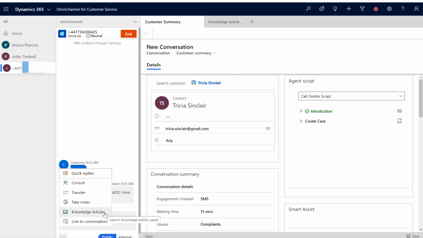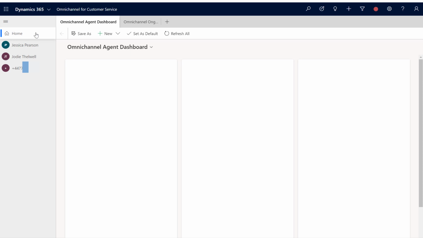So really, in a nutshell, that is a quick overview of the three different channels that are available right now as standard. There is another channel, which is the entity channel. What this basically means is that entities that are created in CDS can be surfaced inside the agent dashboard. So if I actually take you back to the agent dashboard, those conversations would appear here, because there are two different types of conversations.